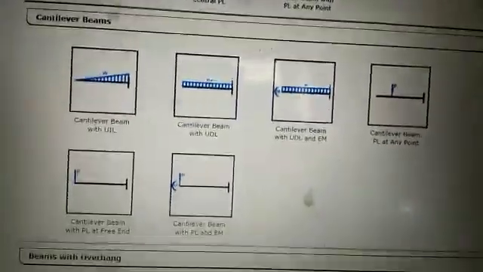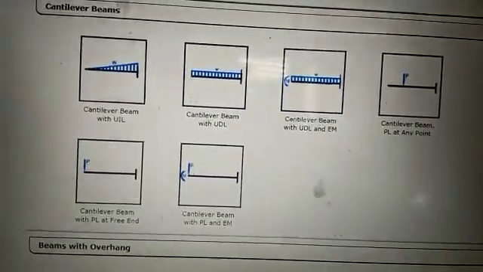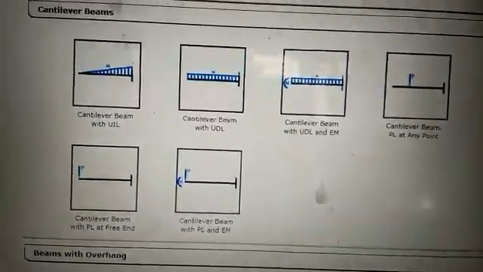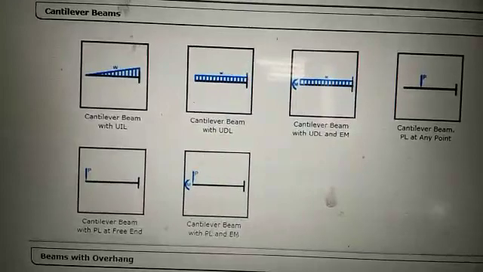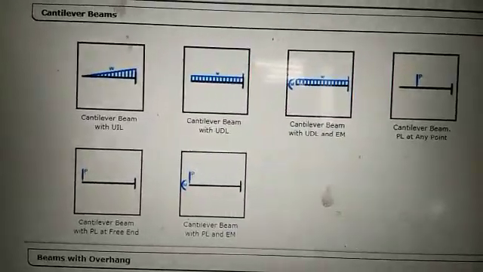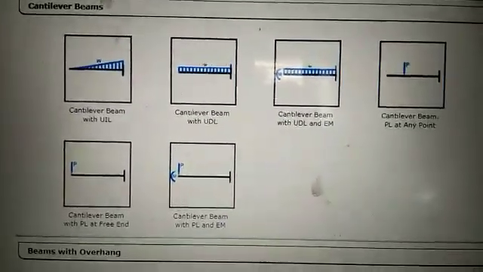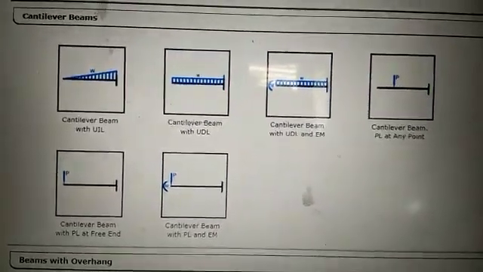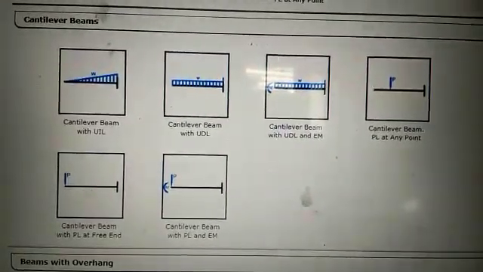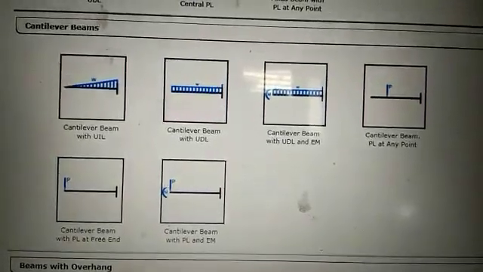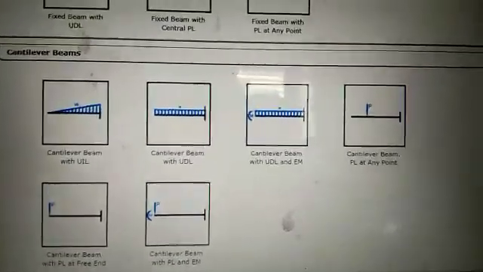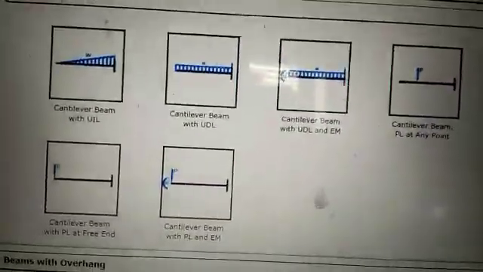Now let us study the cantilever beam. Here let us first understand what is a cantilever beam. What is the definition of cantilever beam? So when we are talking about a cantilever beam, we say that the beam which is fixed at one support and free at another support. This type of beam we say as